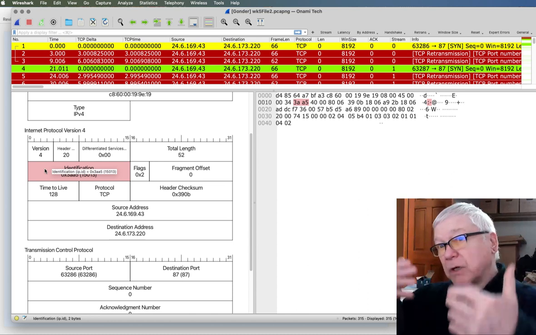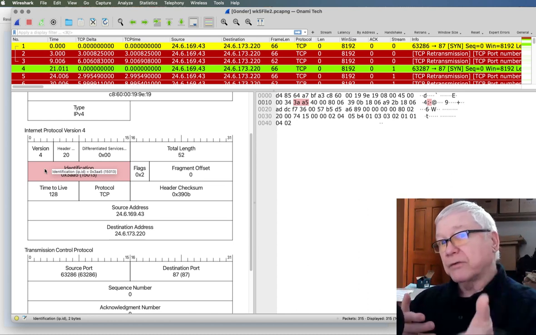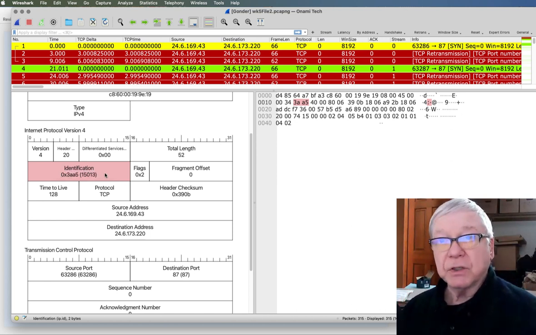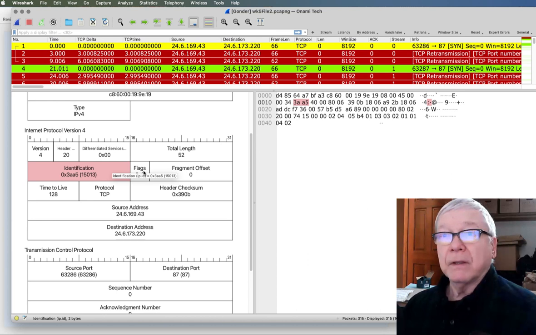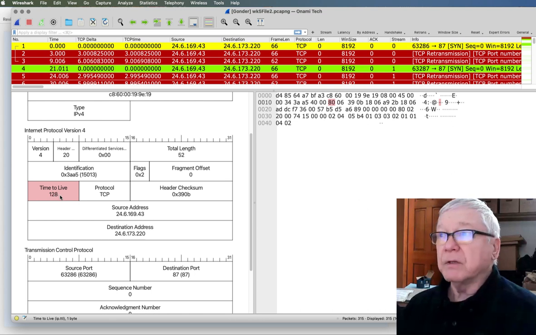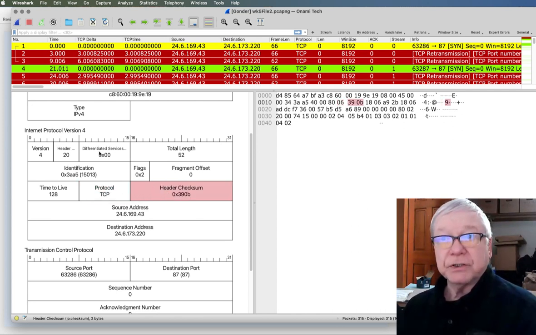Remember, we match up IDs, like for a request and a reply for domain name services. We can match up that ID. What about flags? Is there a fragment offset? No, this is not a fragment with an offset. Time to live is 128. We're carrying TCP inside this IP packet, and the checksum for this information here.